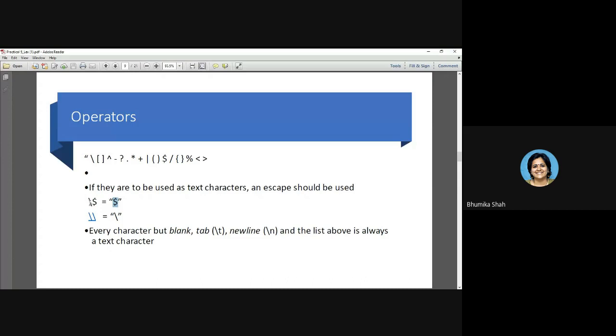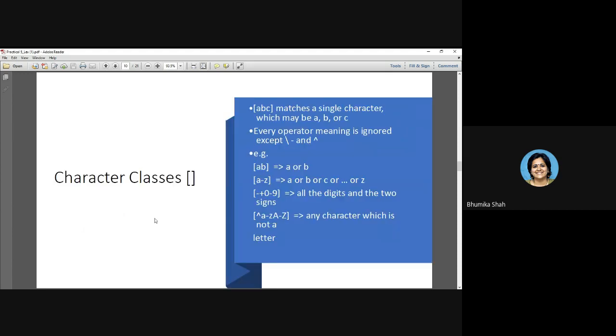Then how do you have to use it? Escape character, dollar. The escape character will print the escape character. Are you getting what I'm trying to say? For printing any of these characters you see here, they are operators and they have special meaning in your Lex program. If you print them as a string, they will be used as operators only. If you want to print them as a character, you have to always use the escape character with them, not otherwise.